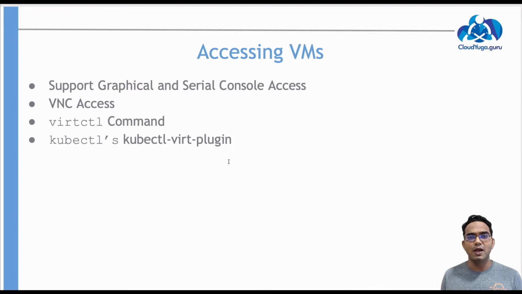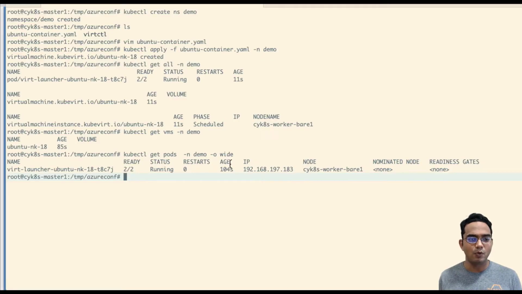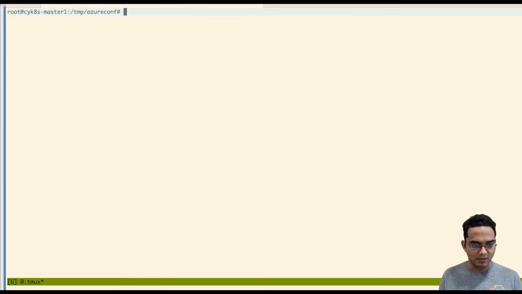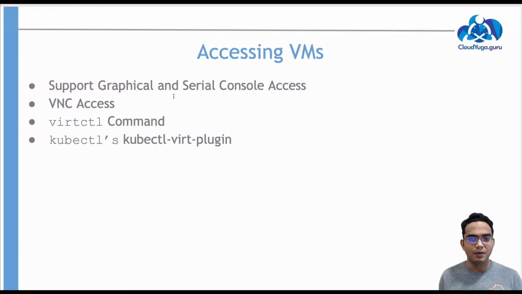Okay, now once we have the VM running, let us see how we can access that VM instance. So let me just trigger a tmux here first. Okay, so here it is. So let me discuss something more about accessing here. We can access the VM via the CLI or via console access, or of course access our GUI with a VNC kind of setup. So here we have a VM running, and we would currently use the virtctl CLI, using which we can access the console of that VM instance.